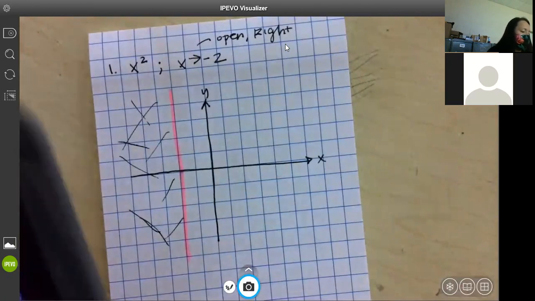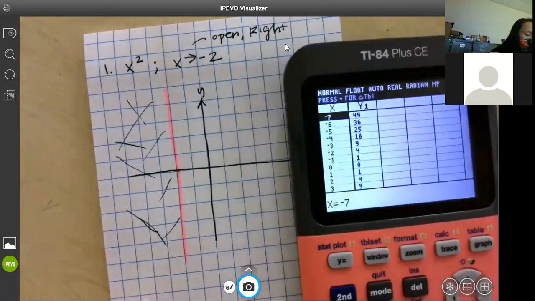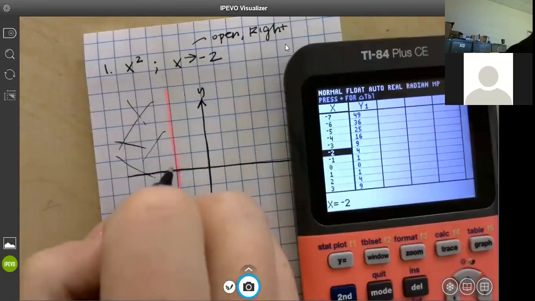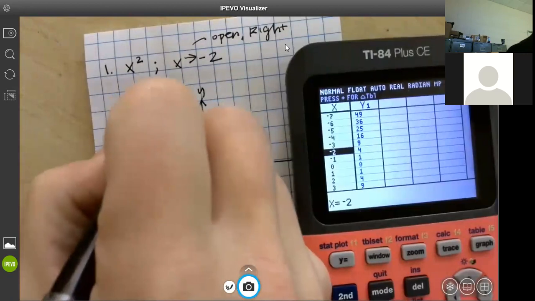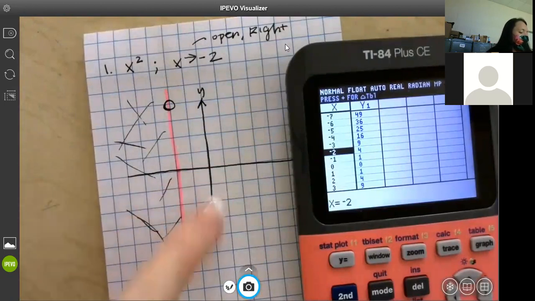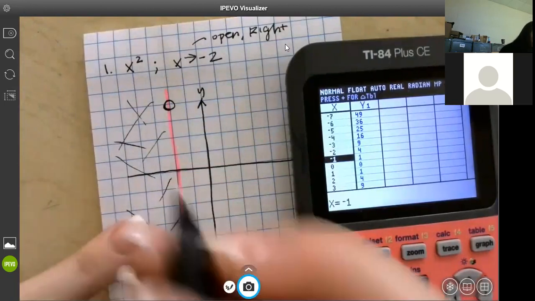I'm going to look for my boundary point, -2. So I'm at -7, -2, 4. So here's -2, 1, 2, 3, 4, and we said it was open. Don't graph anything on the left. Now I just look at points on the right. So what would be on the right? -1, 0. So I'm going to go down in my chart. -1, 1,